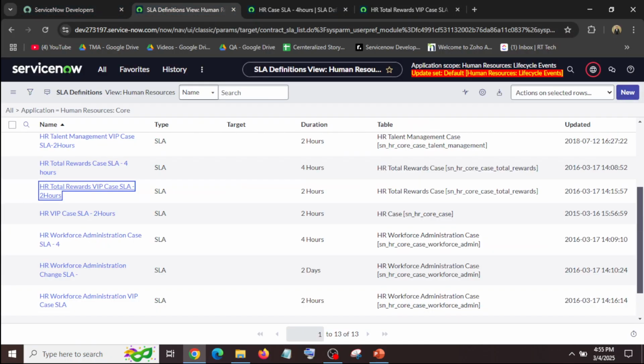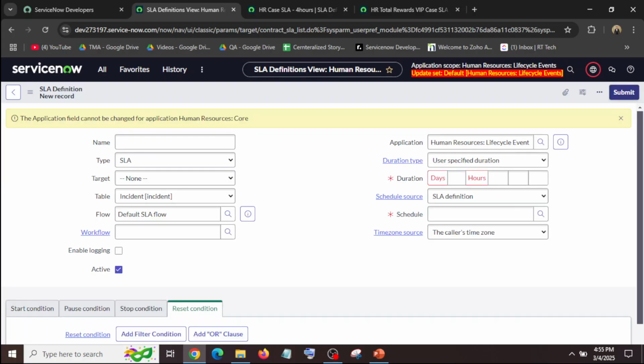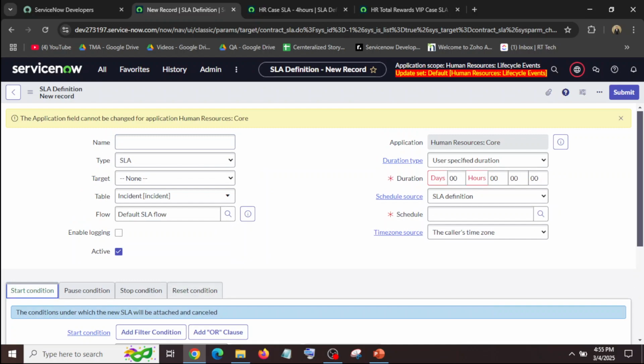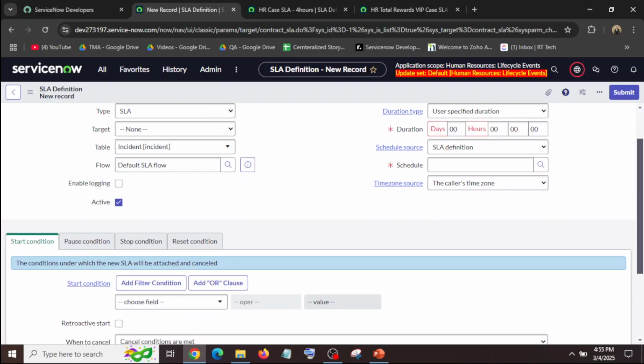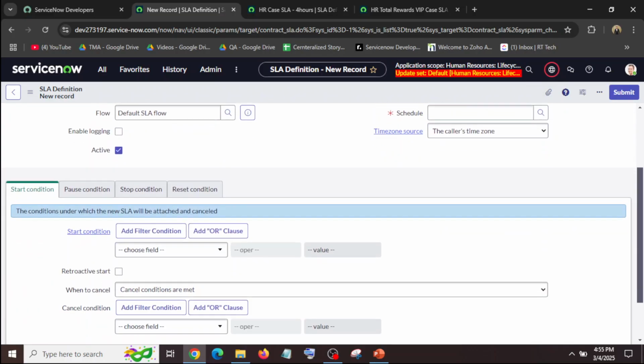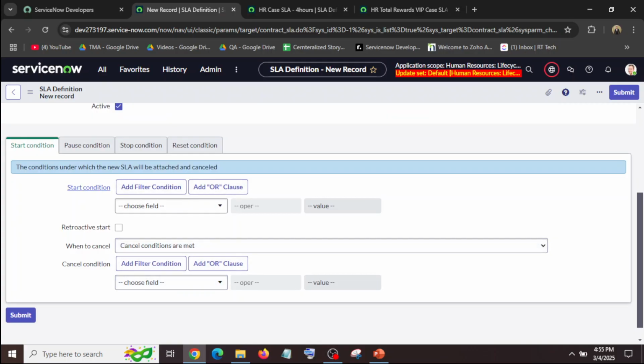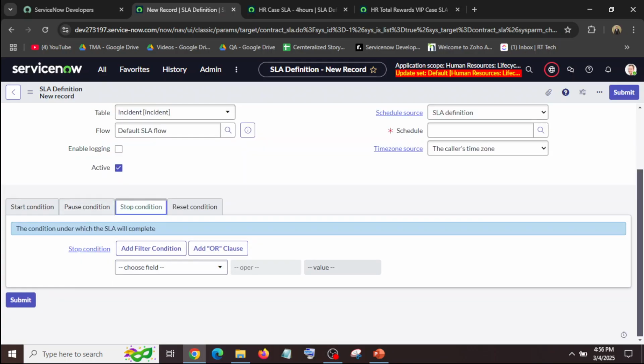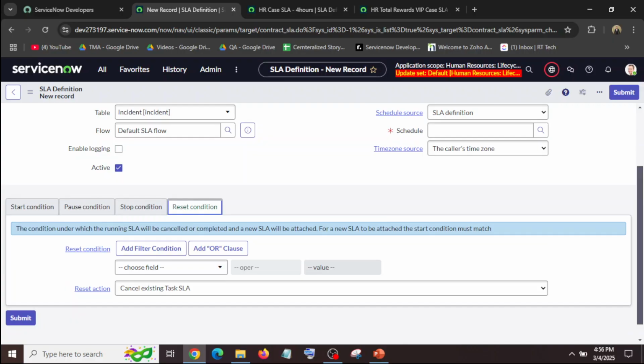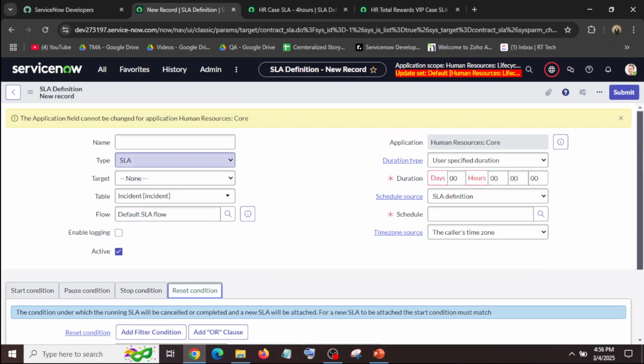If we want to create a new one, we click on the New button and fill in these fields according to our needs, like the name, the SLA, its target, response or resolution, and then the table. After filling these fields, we define the start condition, then the pause condition, stop condition, and reset condition. In this way we can set up an SLA for HR cases.